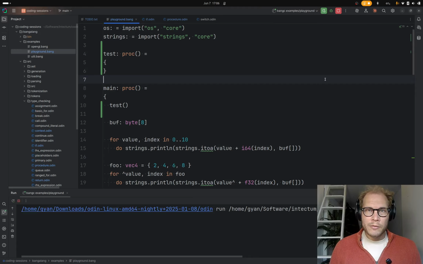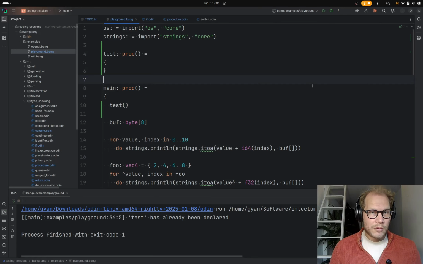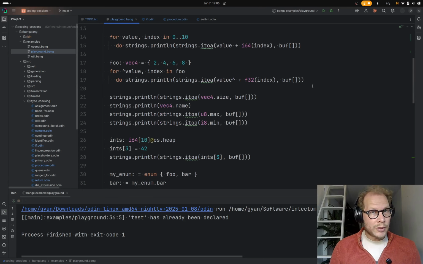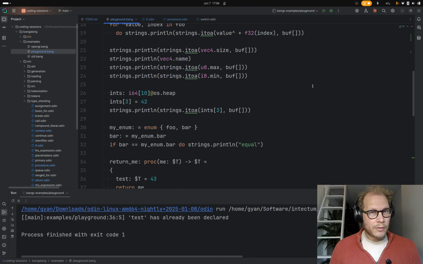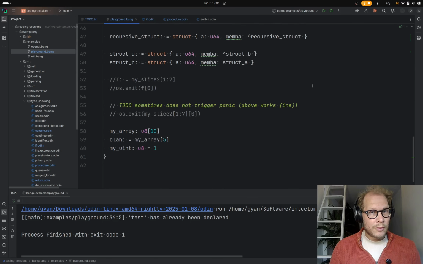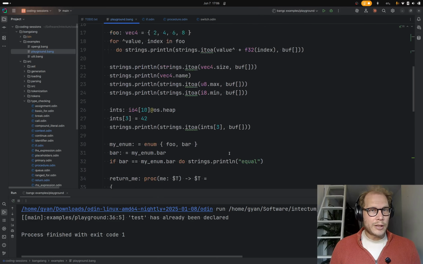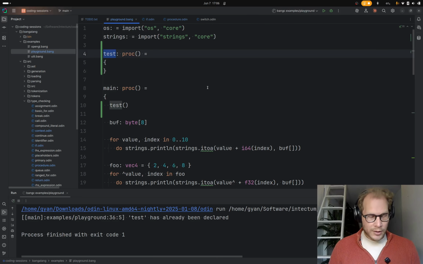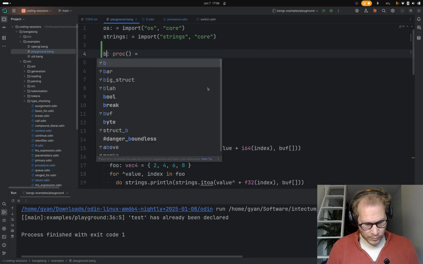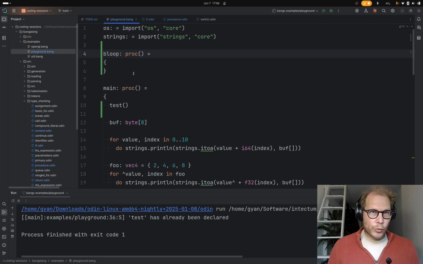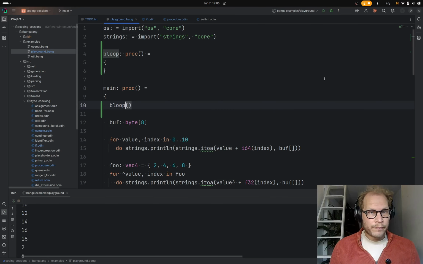That should be fine. Test has already been declared. Oh yeah, I declared test down here. Okay. What about bloop? I don't think I've used bloop yet. There we go, that's fine.